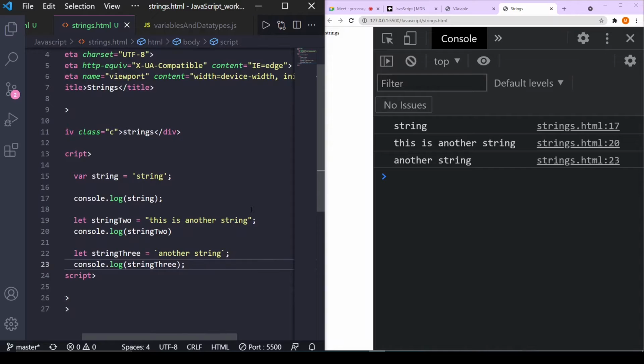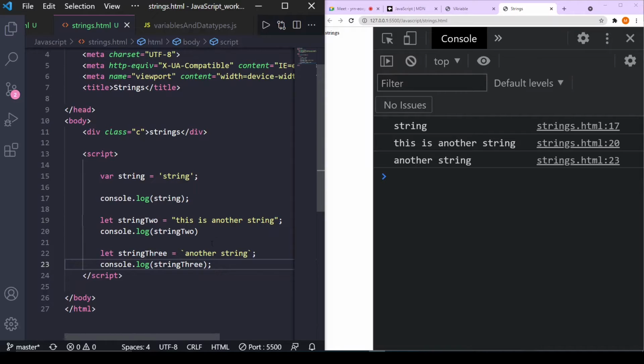Now what is the difference between these three, and which one to prefer and when? Let's say I have double quotes in my text, in what I want to print. In that case, I can use single quotes or backticks.